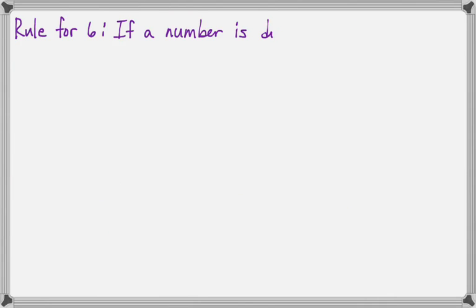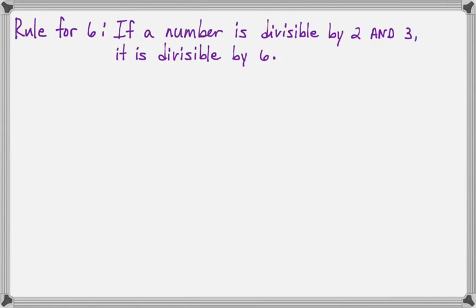The rule for 6. If a number is divisible by 2 and 3, it's divisible by 6. Now this makes sense because 2 times 3 is 6. So if 6 is going to go into the number, then both of these things have to be able to go into the number. So, for example,